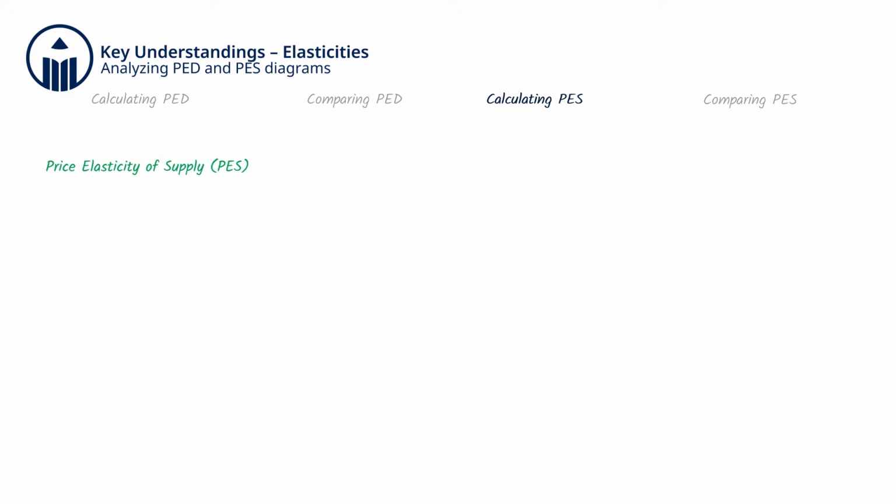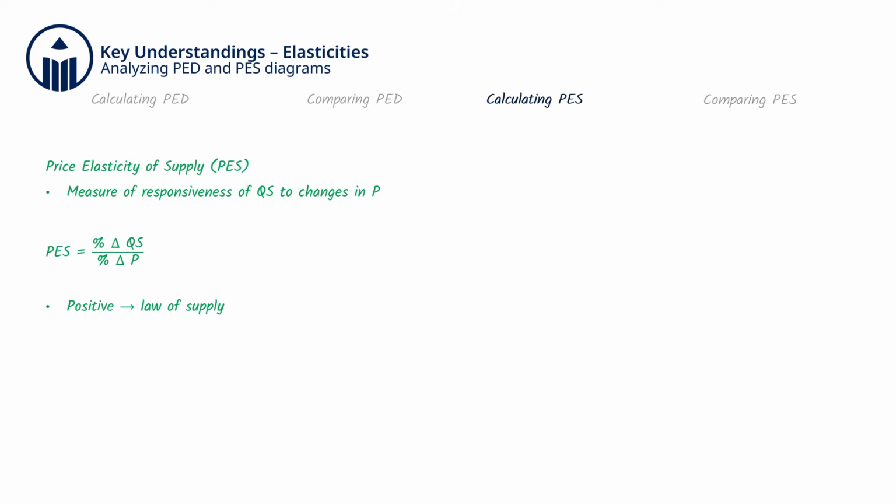Price elasticity of supply, PES, is a measure of the responsiveness of quantity supplied to changes in price. The formula for calculating it is percentage change in QS divided by percentage change in P. PES is positive because according to the law of supply, as price rises, quantity supplied increases and vice versa, implying